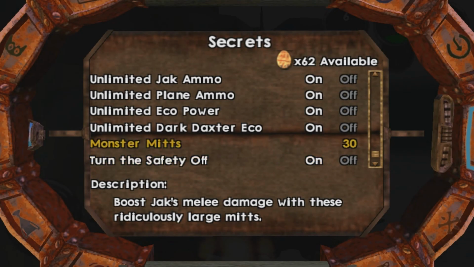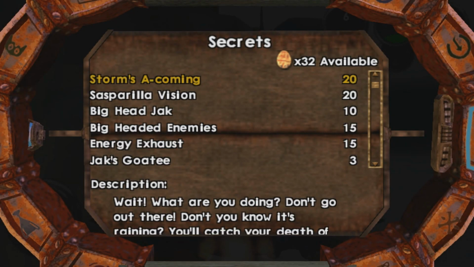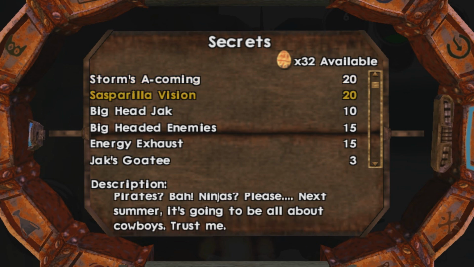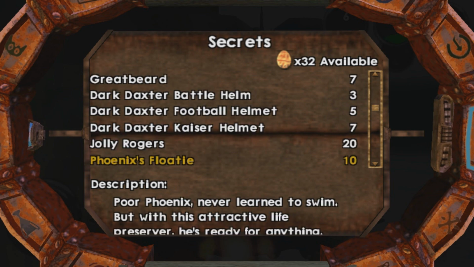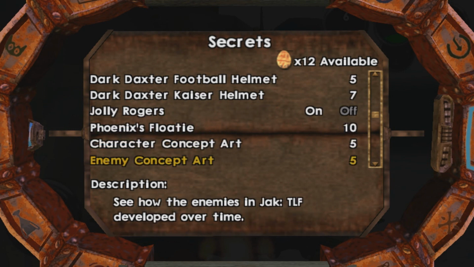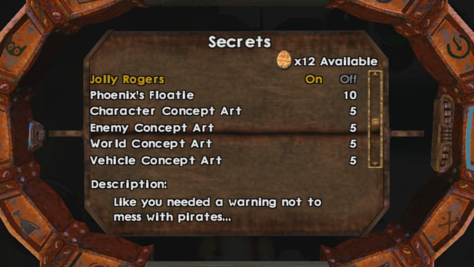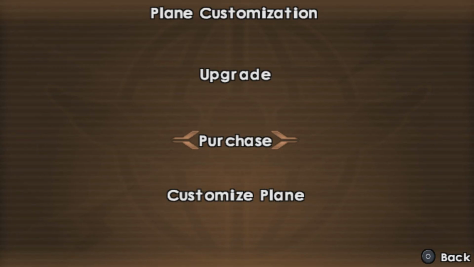But right now, turn the safety off in monster mitts. We're gonna turn on. And, yeah, apparently, it increases the damage on Jak's melee. Or just makes his hands bigger. I don't fucking know. All I do know is that some of these cheats are mainly there for visual gags, like the Jolly Roger. You'll see that soon. And Phoenix's floaty, which I will show you immediately, because it's very cute to see Phoenix just having, like, a fucking floaty. He doesn't know how to swim, apparently, so...